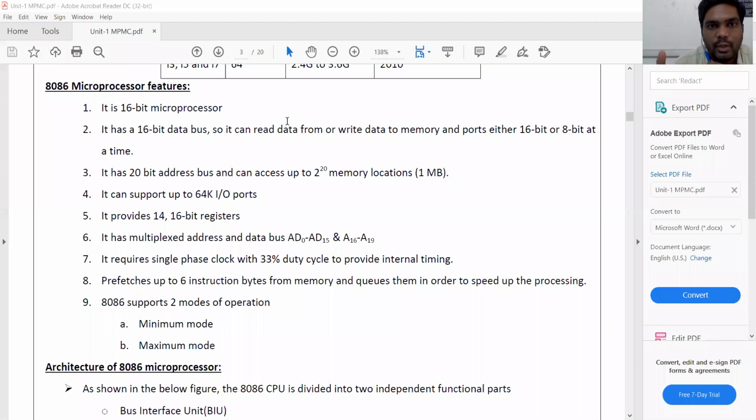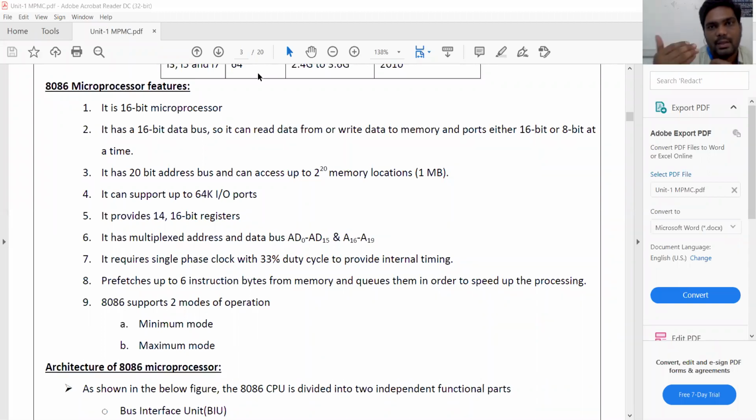When you need to handle data of size more than 16 bits, it has to be split into sizes of 16 bits. Suppose you have 24-bit data; that also can be handled, but it cannot handle that 24-bit data at once. It has to be split into pieces, a 16-bit piece and an 8-bit piece, which together form the 24-bit data. But it can handle a maximum size of 16-bit data.